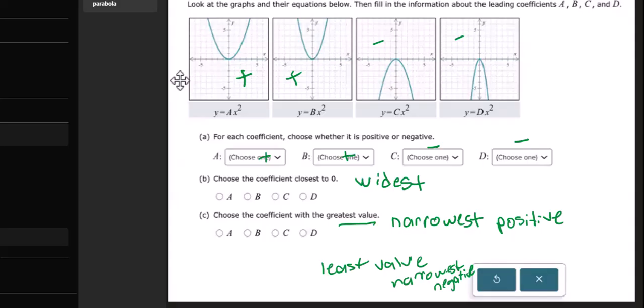Closest to 0 will be the widest. It looks like A to me. The greatest value will be the narrowest positive, so that would be B. If they asked for the least value, that would be the narrowest negative, and that would be